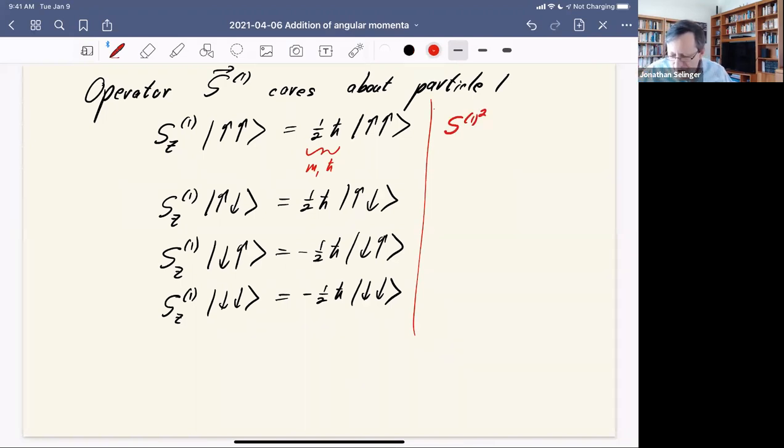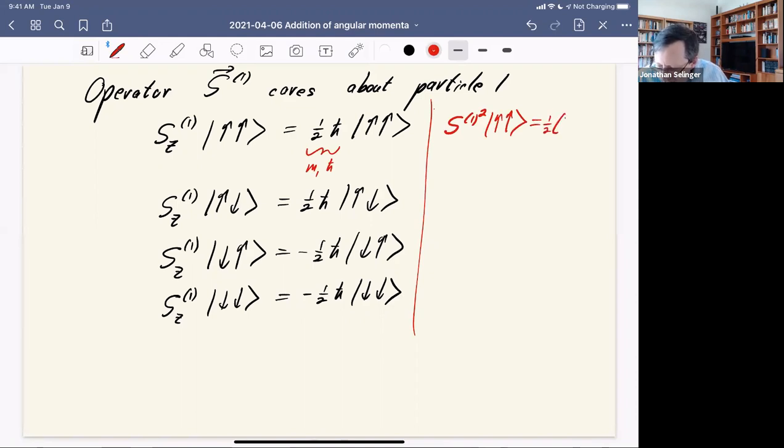That's a funny looking notation, isn't it? It's S, and then the 1 in parentheses means particle 1, and then the 2 outside the parentheses means squared. So this thing acting on the state up, up, that equals